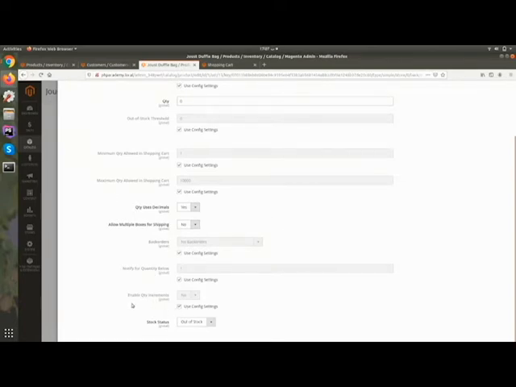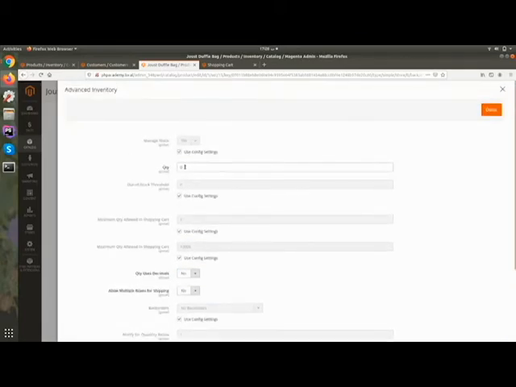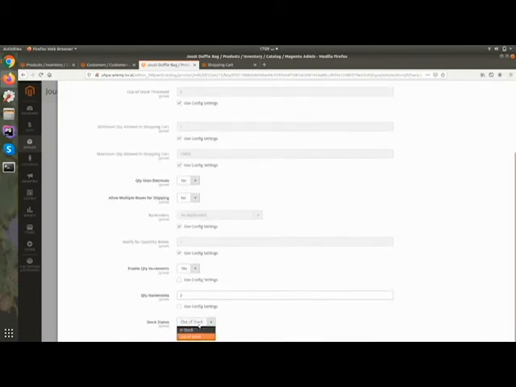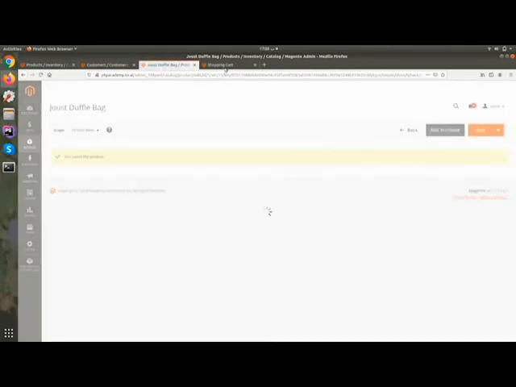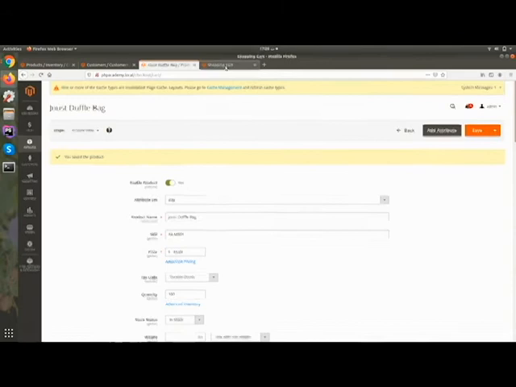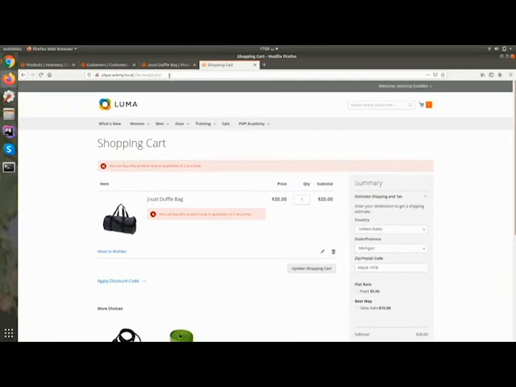Then enable quantity increment. If you want to increment the quantity by certain numbers, you can enable it. So let's enable it and set 2.